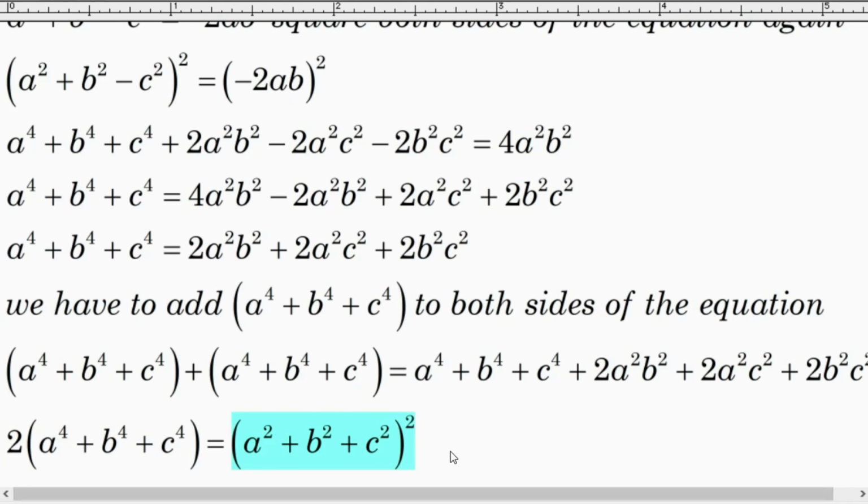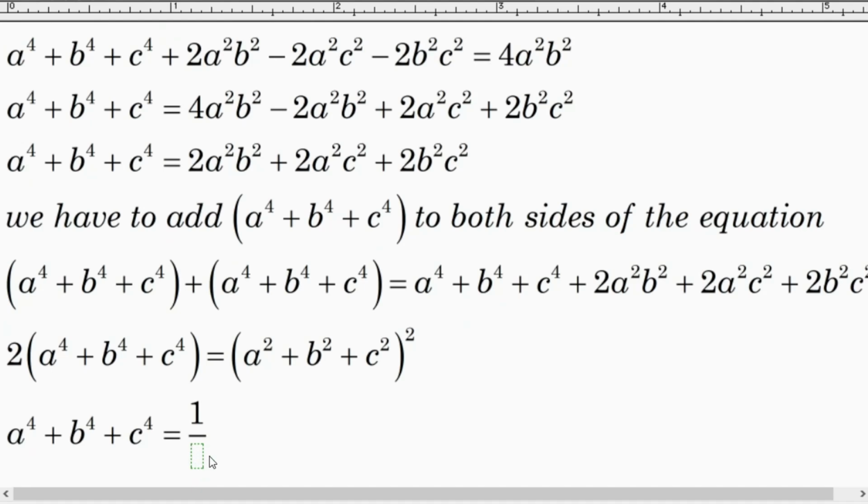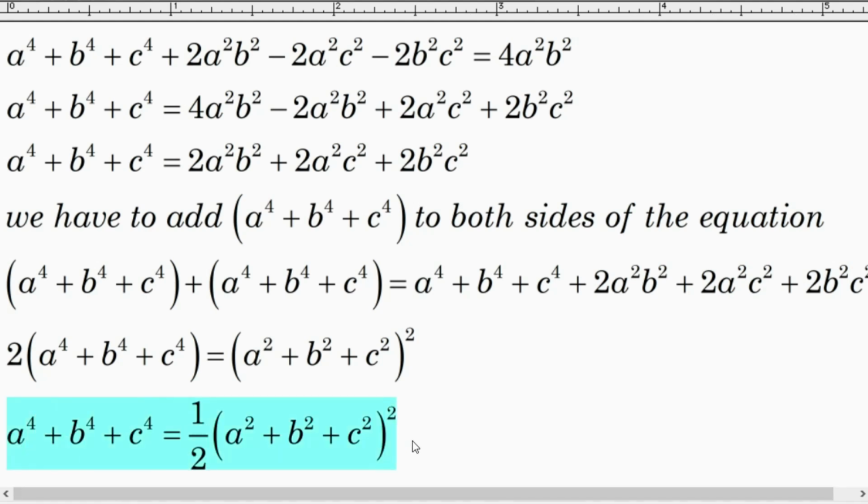Anyways, then what we have to do next, we will move 2 to the right hand side of the equation, so then it will turn to division. So we will only have this at the left hand side of the equation, then it is equal to 1.5 factor with this, raised to square. So now we have already proved that the statement is true, because what they wanted us to